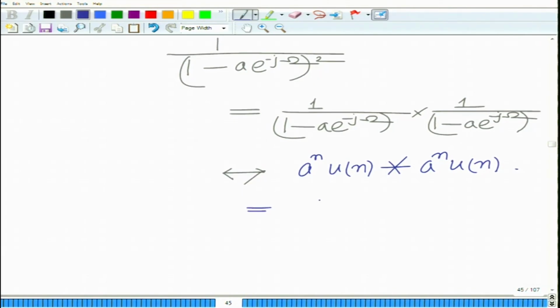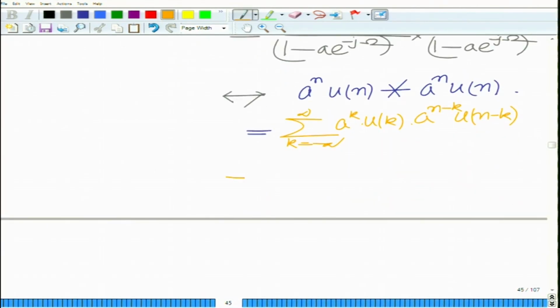And that convolution I can write as summation k equals minus infinity to infinity a of k u k into a of n minus k u n minus k,